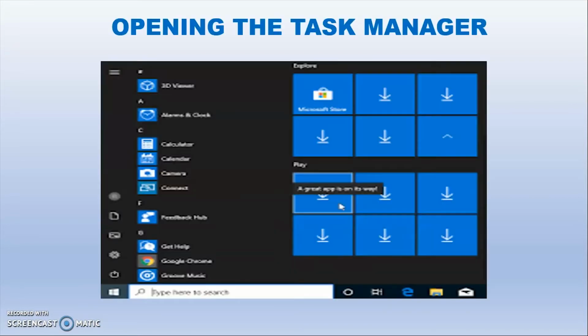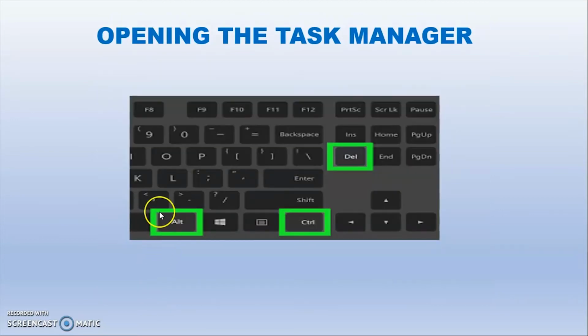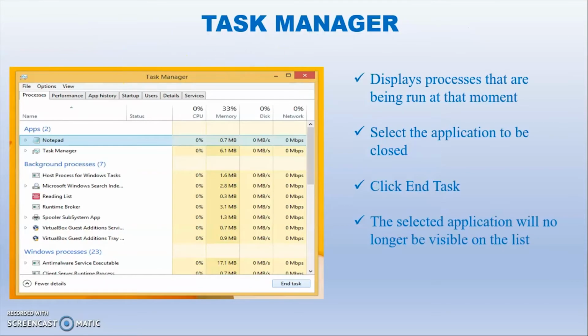In Windows, you can open the task manager either by typing task manager in the search from the Windows start page, or you can press Control, Alt and Del together, and then select the task manager option. Once you do that, this is the window that gets opened.